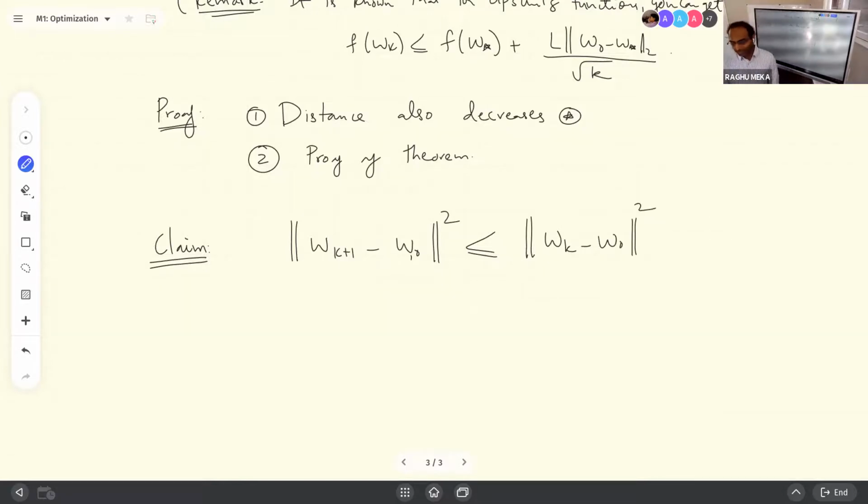That's what I mean. Nothing very fancy. It's just saying that the distance has decreased. Okay? And how much does it decrease? Once again, it decreases by, let's see, something like,